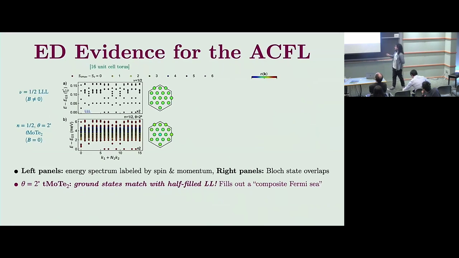But now if we look at this right panel here, this is essentially all these discretized momenta sitting in the Brillouin zone, and if I try and pattern these ground states in here, it looks like I'm filling a composite Fermi sea. I can't draw you arrows for all of these, but you'll have to take my word for this. The color green here denotes overlap with single particle Bloch states, so green means bad overlap. So you have some effective Fermi sea, but not of electrons, of something else.